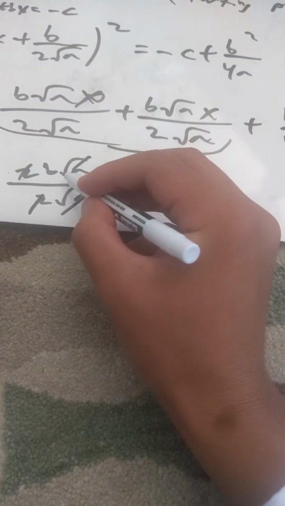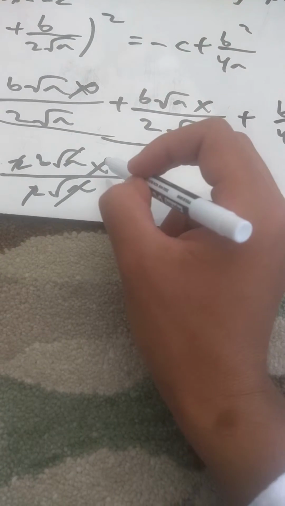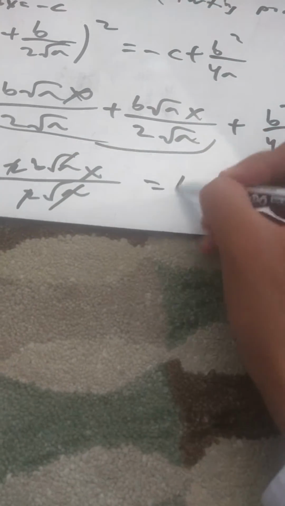So these cross out, these cross out. So you're just left with bx, bx. And then you have to add b squared over 4a to both sides. So there we have that. And now,